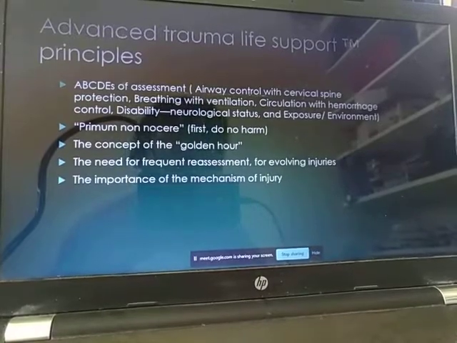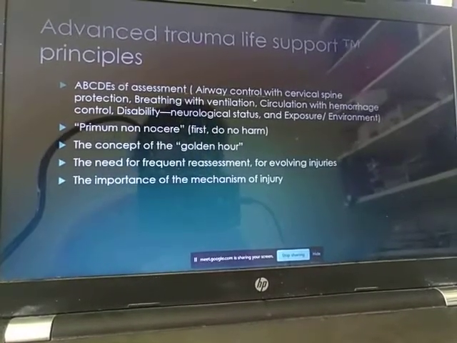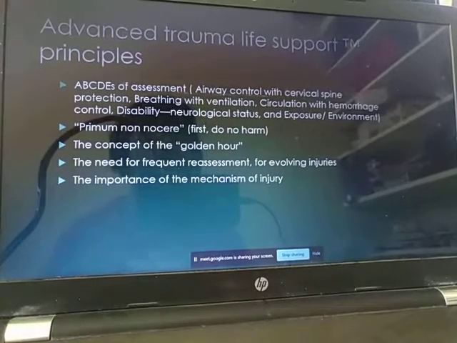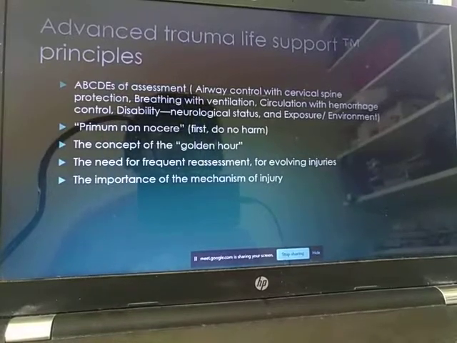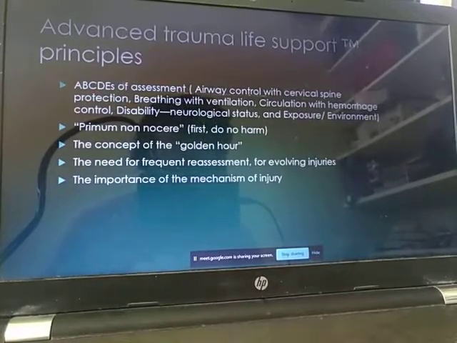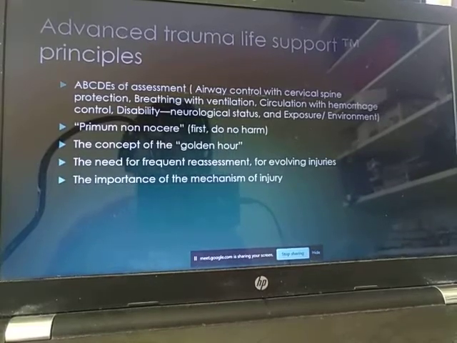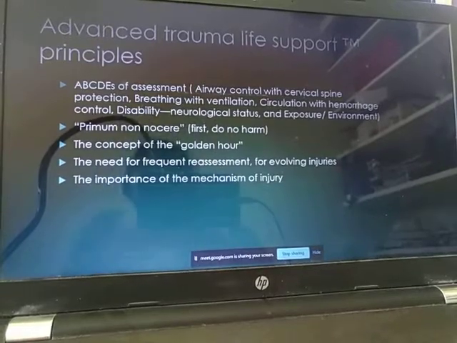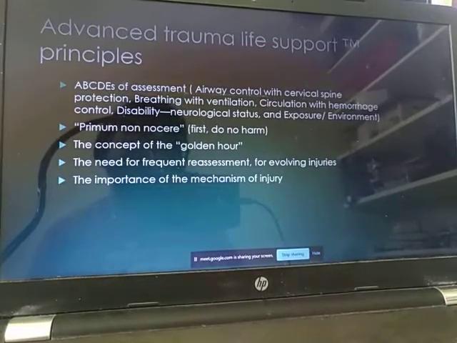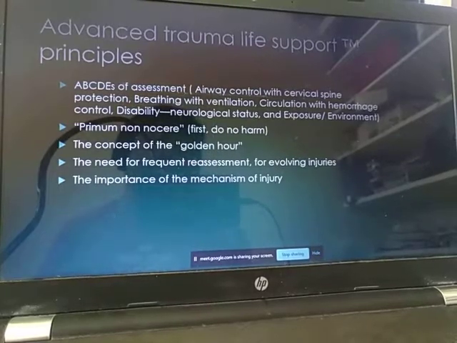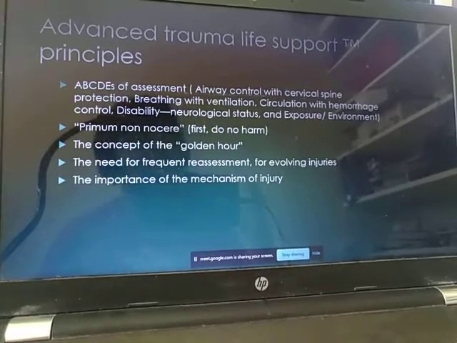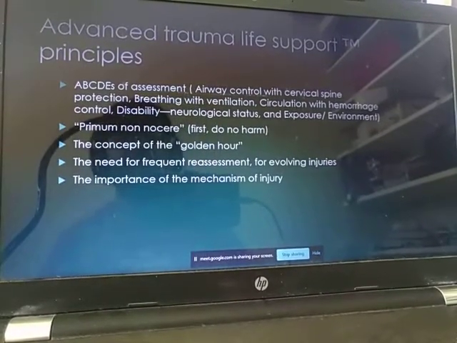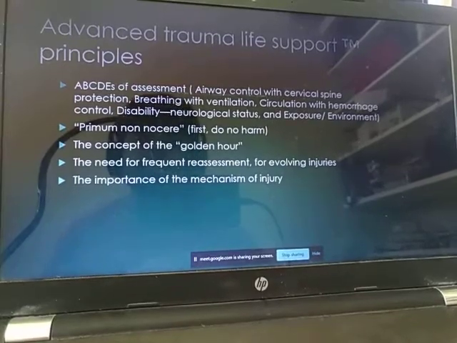If we are not careful, if we do not rule out those things, if we move the head, or if the patient moves around, if the patient is under intoxication, generally the patient will keep on moving around. It's very difficult to control. He might cause a permanent damage to the spinal cord, leading to lower limb or even upper limb paralysis permanently. So we have to generally take a C-spine AP and lateral view and rule out if there is any fracture or if the cervical vertebra are impinging on the spinal cord or not, or if there is any hyperextension leading to any pathology.